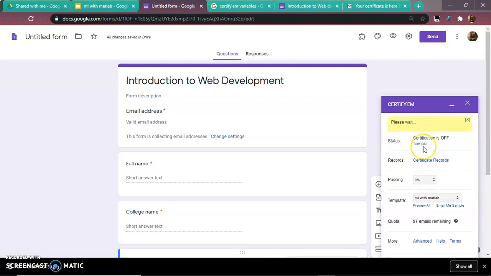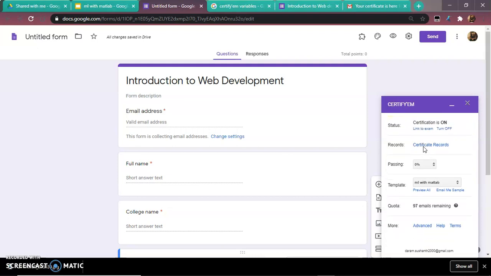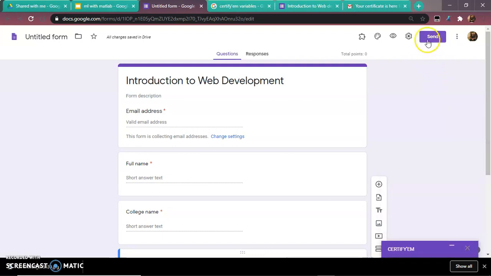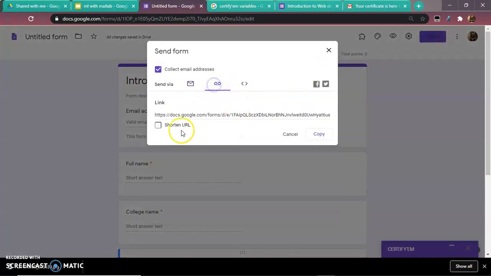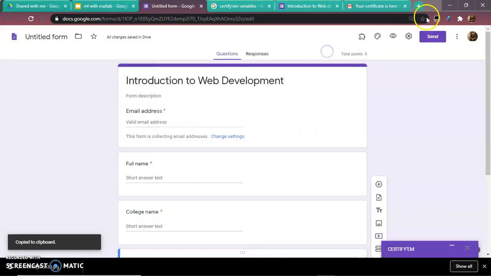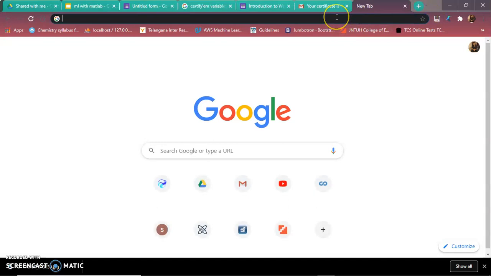Once you click on turn on, it takes some time and it turns on. As soon as you turn it on, then only you have to share the Google form link. So it got turned on. You can see this certificate is on. Now you have to share this Google form link, upon filling which the participants can get the certificates to their respective mails.